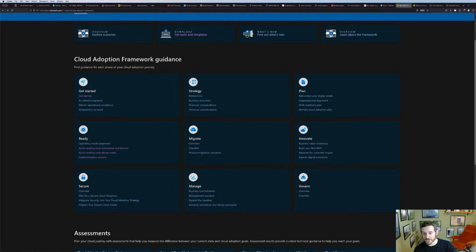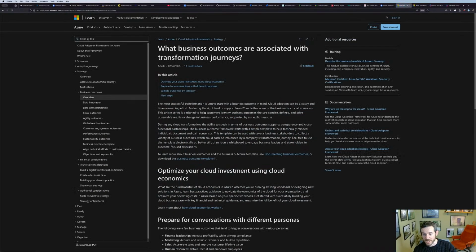They have a whole box here in the Cloud Adoption Framework in strategy. And there's a number of different things which they cover off, like business outcomes. What do you want to do? Do you want to move your stuff from on-prem into Azure? Do you want to move your stuff from AWS into Azure? So on and so on. What does the business gain from doing that? And so there's various business outcomes that you have to be able to optimize for. That may be uptime, that may be accessibility, that may be geolocation. There's a whole bunch of stuff.